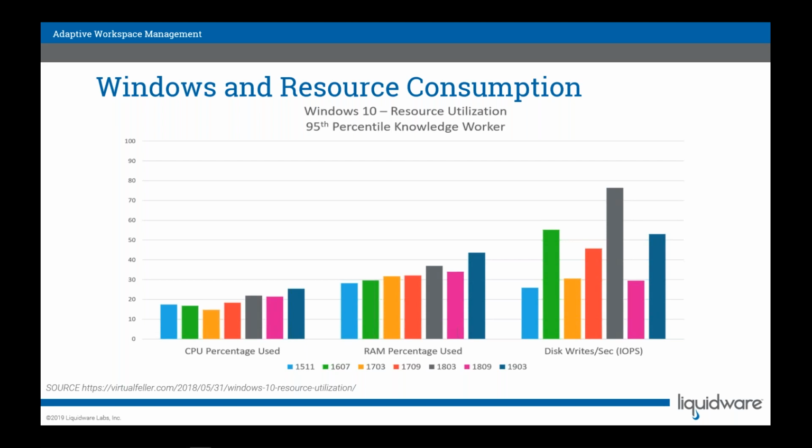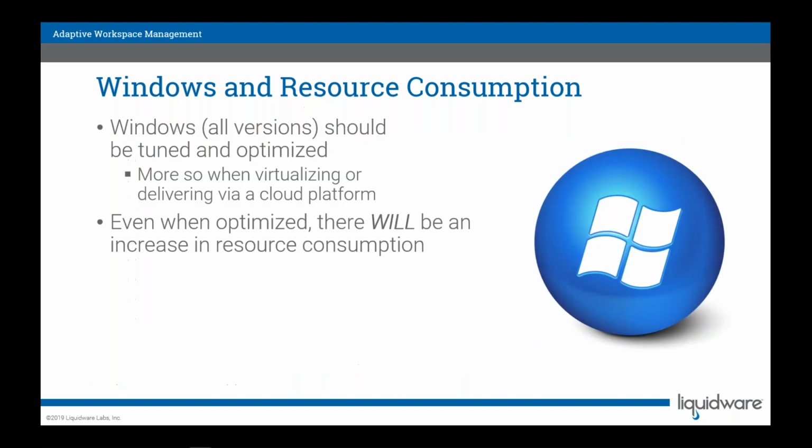But the broad stroke message here is the pace of Windows consumption is increasing, and that pace of Windows consumption is increasing at a faster rate than most folks are refreshing their hardware. This is important. This is something that we should be paying attention to. And if you are delivering Windows and looking to deliver Windows in an optimal way, it means you're going to need to be tuning and optimizing and paying attention to what these consumption patterns look like, what your usage patterns look like,